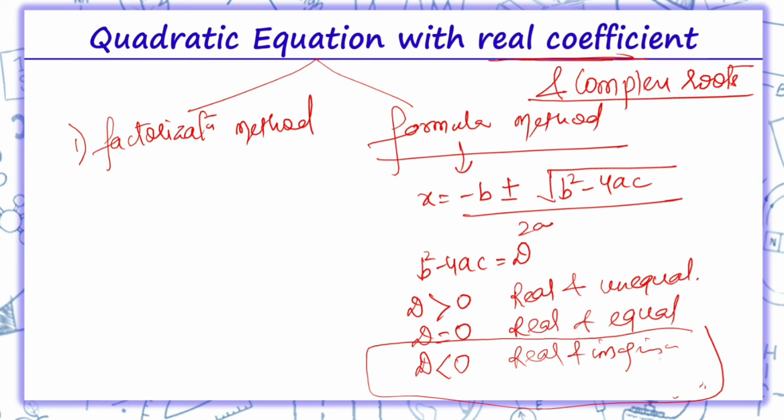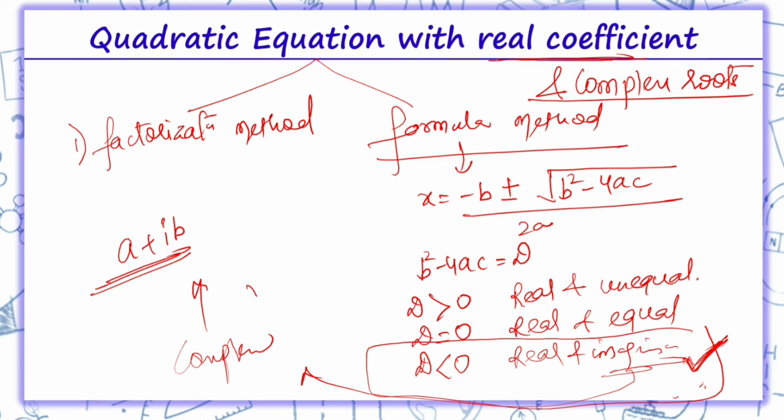Over here in class 11th, we will mainly focus on the questions in which we get imaginary roots. Imaginary roots are only the complex roots. As I told you, a complex number is represented by a + ib. So over here we get square root of negative values. Let's suppose √-9. This will be written as 3i. So with the help of this concept which we studied in complex numbers, we will solve quadratic equations having real coefficients but complex roots.